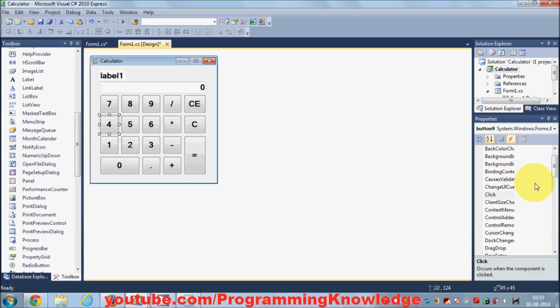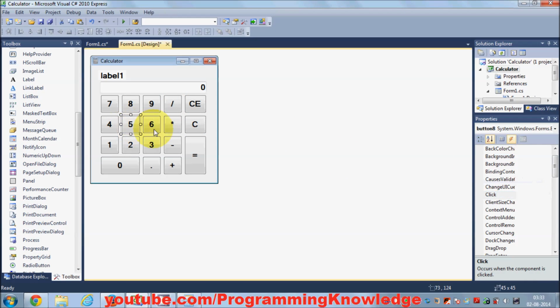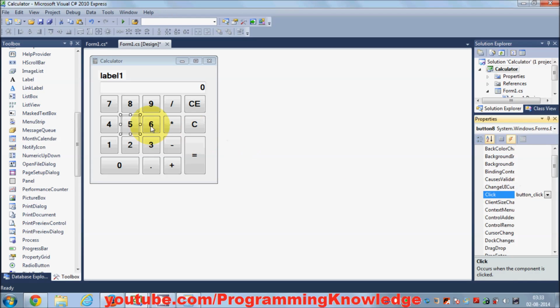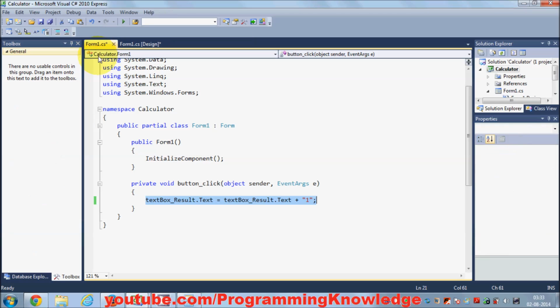3, 4, 5, 6, 7, 8 and 9. Okay, and once again go to your code, and now this button click event will be performed when